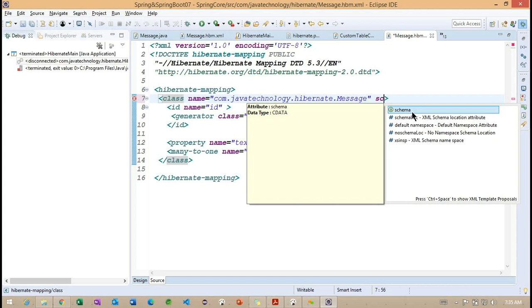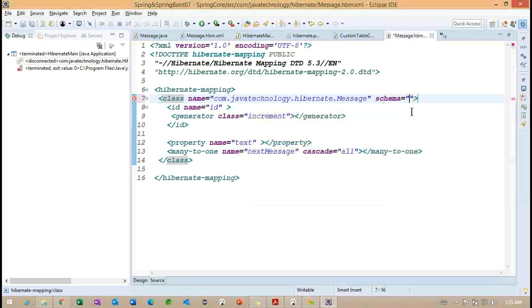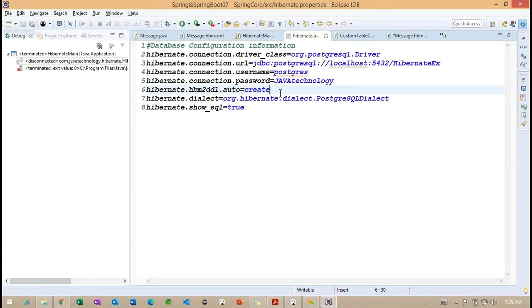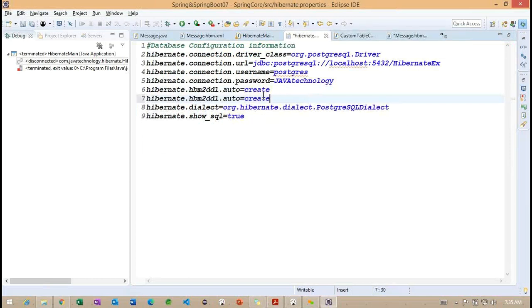When we specify this schema information, we need to specify it inside the Hibernate configuration file also. So in the Hibernate configuration file, Hibernate dot default schema. Here we can specify the name of the schema.